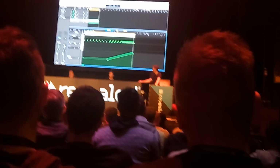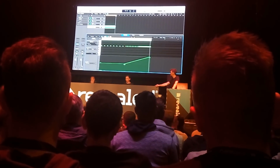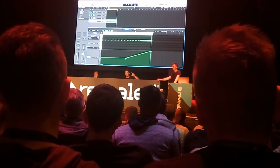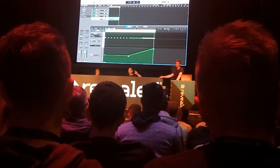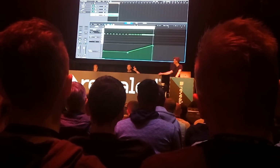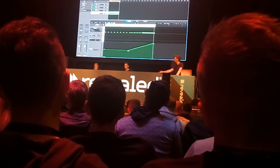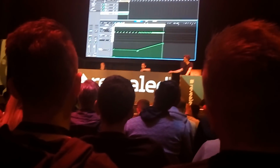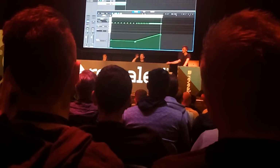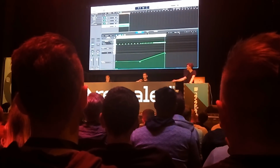Or Spaceman is actually a perfect example. If you want to get your bass line that much in your face, don't layer it too much. The drop of Spaceman is 3 channels. It's the kick drum, it's the bass line you hear, so like the signature Spaceman bass line, and you have the sub bass line. And that's it. There's only 3 layers on the drum. And the trick with Spaceman is that, as I said in the beginning of this presentation, the electro bass line is not that hard sidechain compared to the sub bass line. The sub bass line is really hard sidechain, like the kick is completely